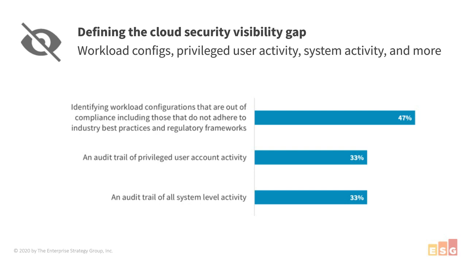And that's why the number one response from our participants in this research study, when we asked them where they need to gain greater visibility for public cloud hosted cloud native applications, was: I need to do a better job identifying workload configs that are out of compliance, that don't adhere to best practices and regulatory frameworks. Think CIS benchmarks, right? That's an awfully good place to start. So whatever Linux distro it may be, or containers or the app stack, there's going to be a CIS benchmark. You want to be measuring your configs against those benchmarks pre-deployment, before you push into prod, to make sure you don't have any config vulns.